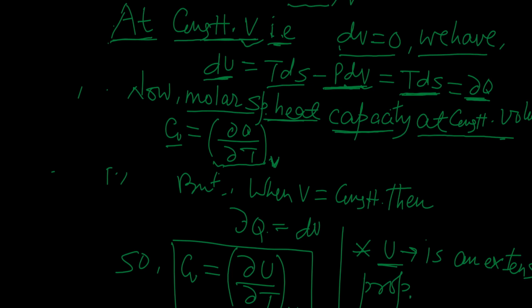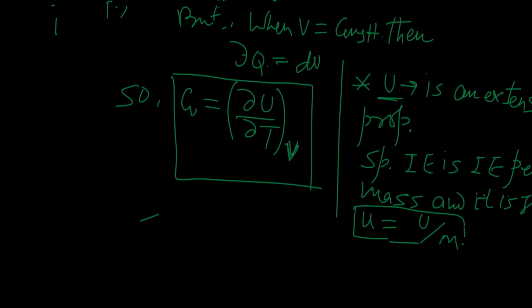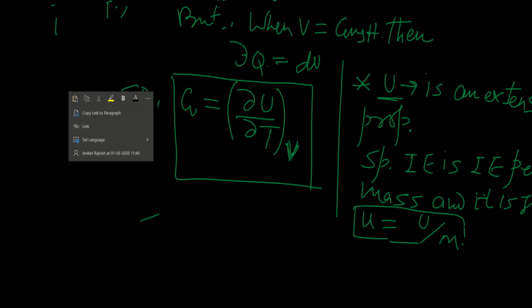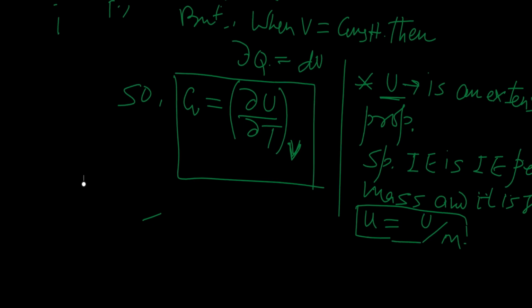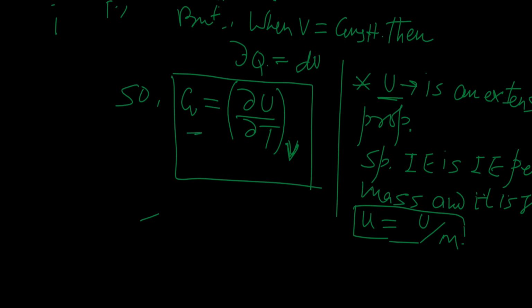But here we see that at constant volume, del Q is in fact equal to dU. So when V is constant, then as you have seen above, del Q is equal to dU. So we may define the molar specific heat capacity at constant volume CV as CV equal to del U by del T